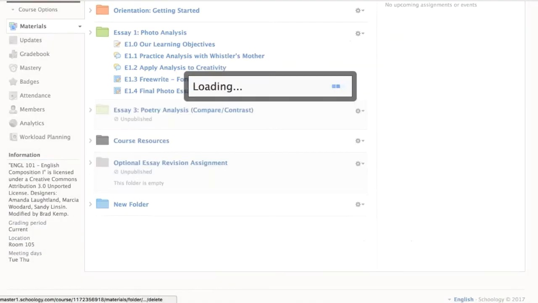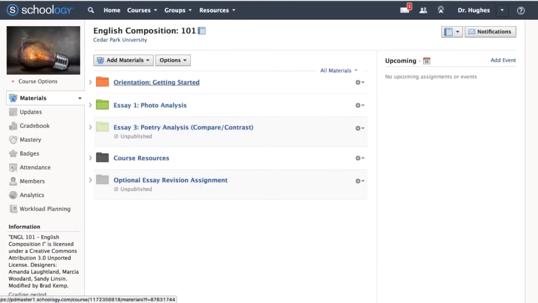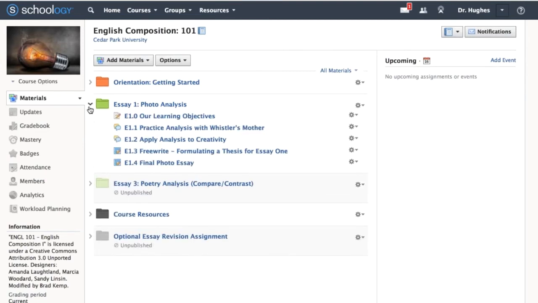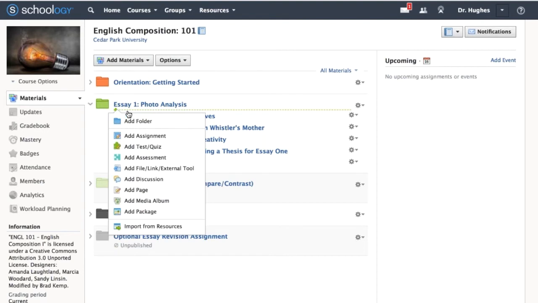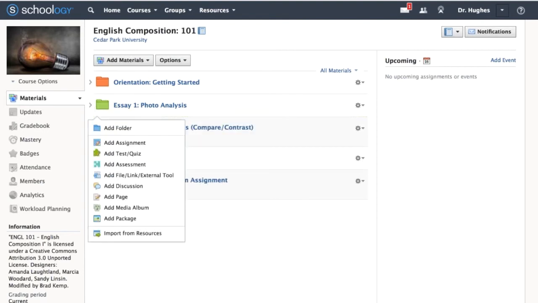But I want you all to save as much time as possible getting your courses set up. So instead of clicking Add Materials here, hover your mouse between the folders if you already have some folders set up. Or better yet, you could open a folder and hover your mouse inside of a folder. When you click the green dotted line within the course, you get the same menu as you get from the Add Materials dropdown. This allows you to create materials directly in the correct sequence. So I will add a folder this way